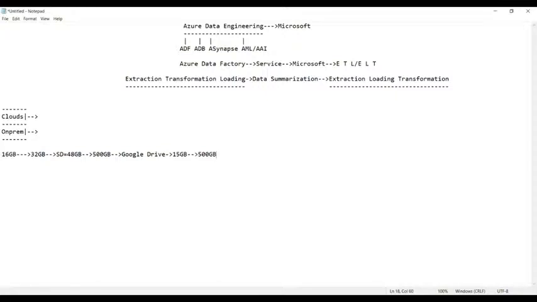So now the question is, one fine day you lost your mobile phone. What about the SD card memory? You have 48 GB available with you, of which 16 GB is the inbuilt memory and 32 GB is the SD card memory. So what about this 48 GB and this 500 GB of data? Totally, you have 548 GB of data in your mobile phone. Now, one fine day you lost it.